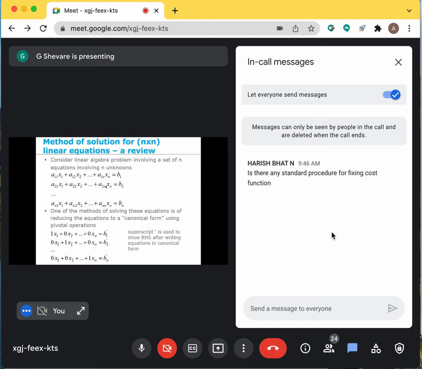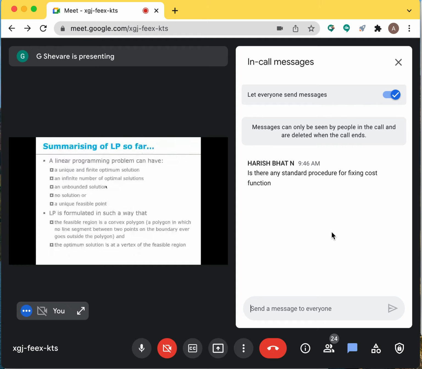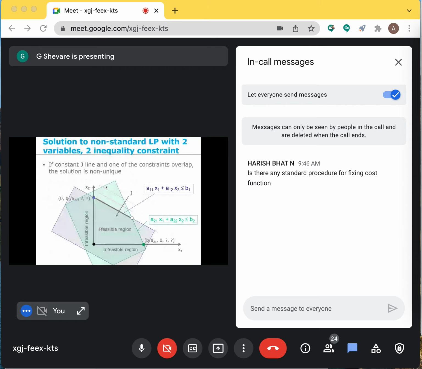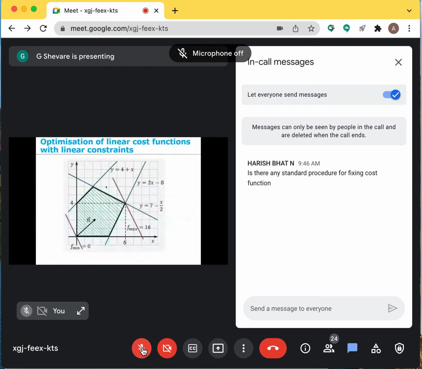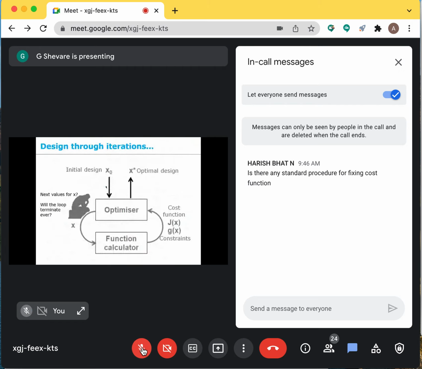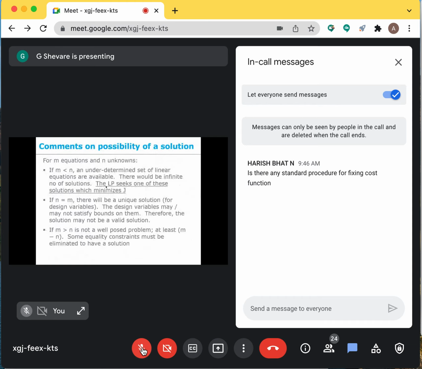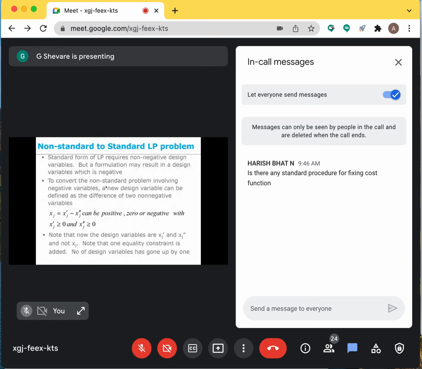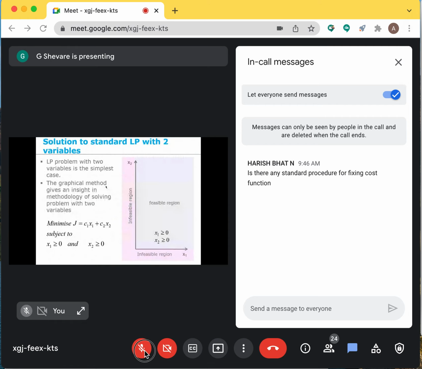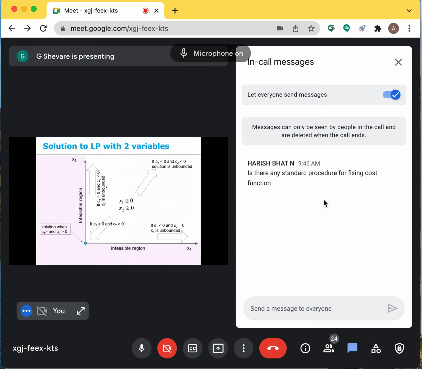Just a minute. Would you please hold on and explain that slide? Yes, let us go to that slide which we are looking at. I'll go right from the first slide. Ask me to stop when I am at the right slide. Okay, sir. Not this. No, after this. This one. Yes, sir, top right corner. If C1 is less than 0 and C2 is less than 0. Yes, let us have a look at it.